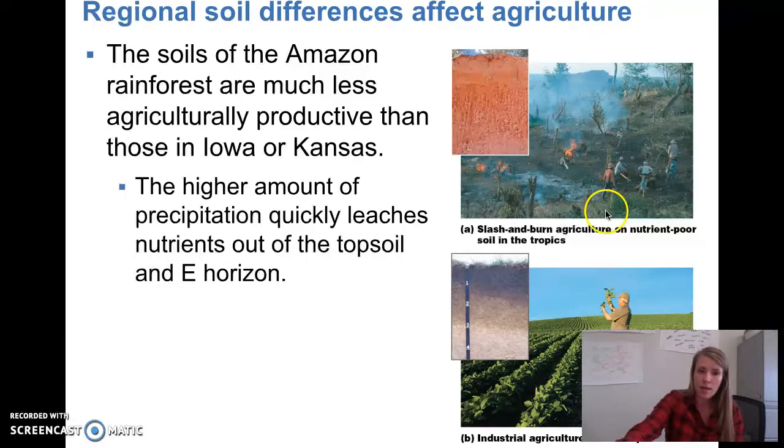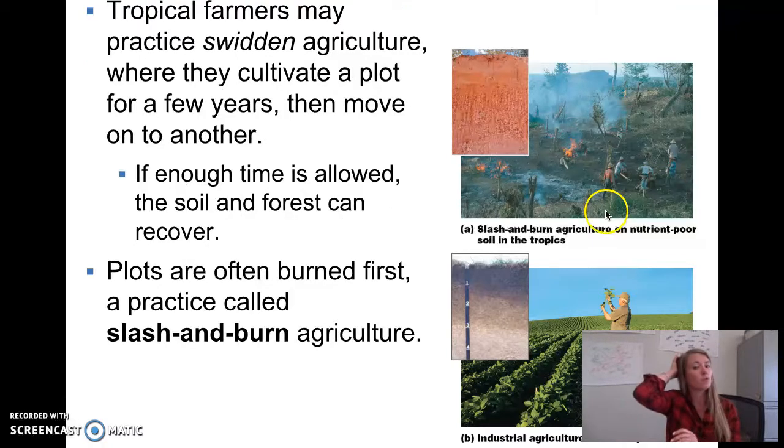But there are people who farm in these regions. They do what's called swidden agriculture, where they would cultivate a plot of land for a few years. They're going to grow on that plot of land for a few years, and then after a little while, they're going to move on to another plot of land and allow the forest to regrow where they